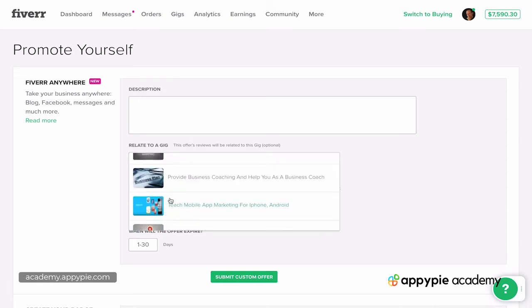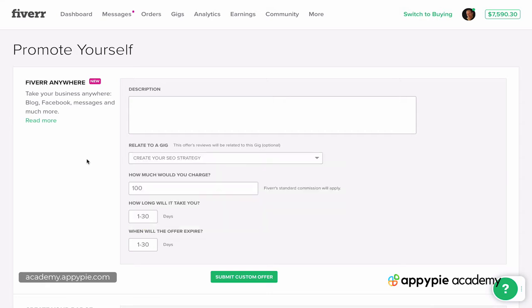So if you're specifically promoting some gig, you can create a custom offer for people on that gig so that when they buy it and when they review it, that's plus one review on this gig, that's extra revenue on this gig, meaning these are the metrics that are going to help you rank this gig higher. So this is the key, because you can get an unlimited number of sales this way, because remember, when you